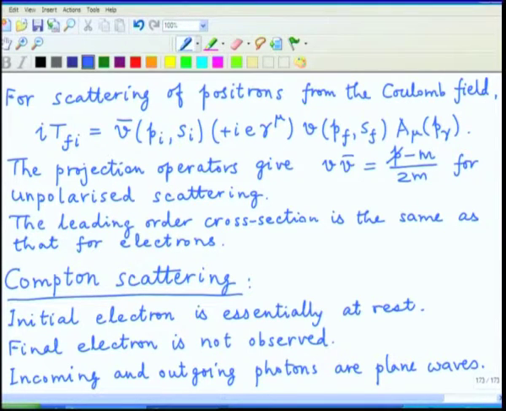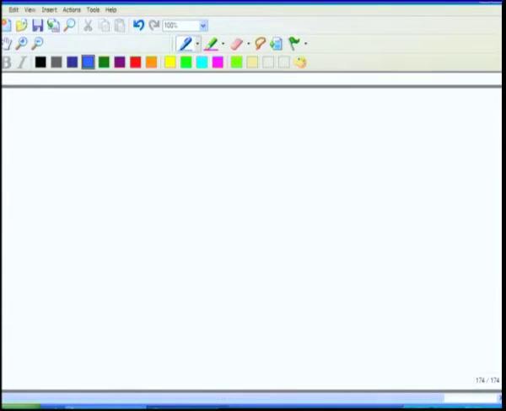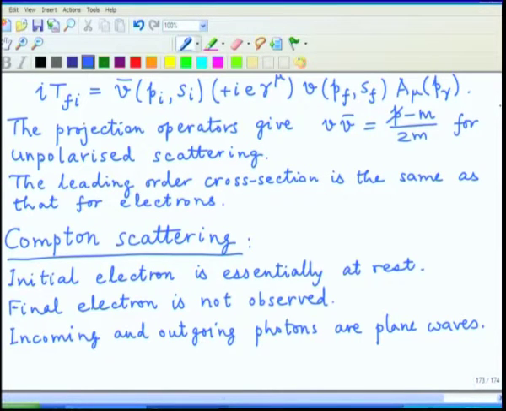So, that describes the initial and final states of the process,